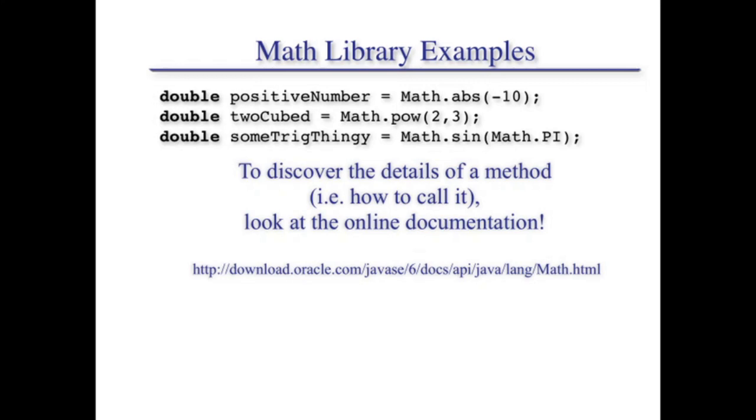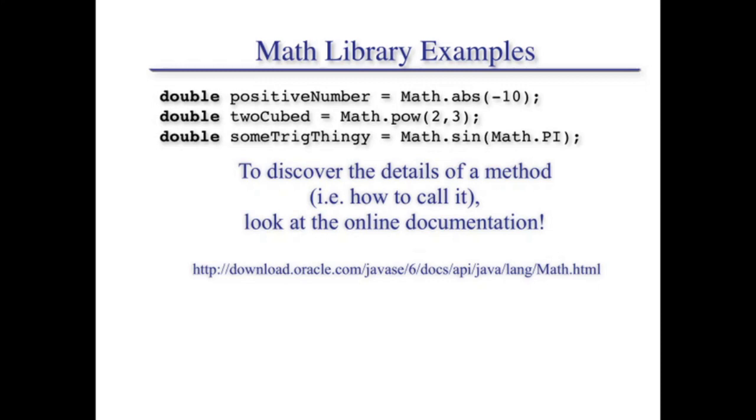So we will analyze this statement. First of all, we have to look at what is written on the right side of the equal to sign. It says Math.abs, and it is taking an argument. Here abs is the method or the function that is called inside the Math library, and that is supplied with an argument having the value of minus 10. So Math.abs is the method for absolute value, a method of the Math library, and as an argument it is taking minus 10.